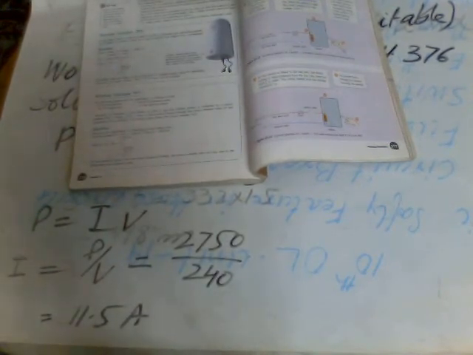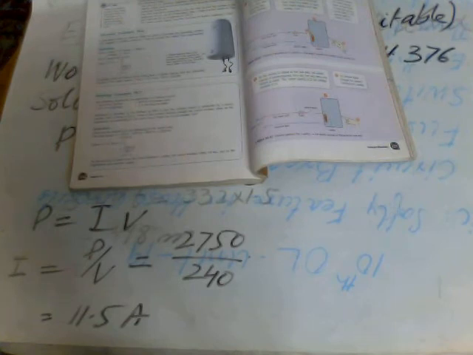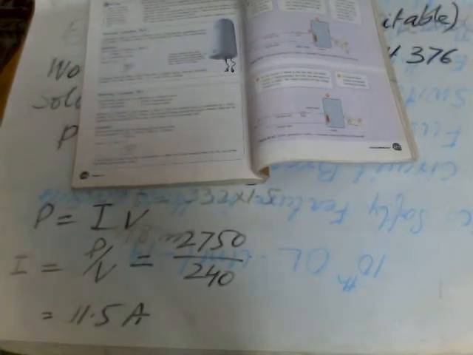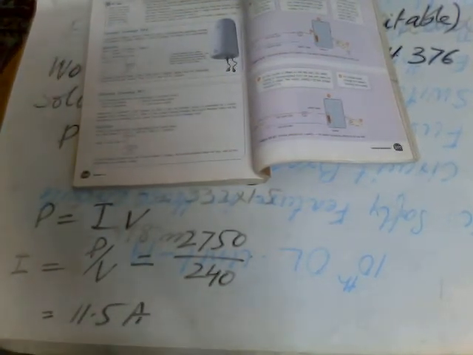It means the circuit breaker rating is already more than our operating current, and therefore this will not trip or the fuse will not blow. That 20 ampere circuit breaker is enough and it is good to use it here.